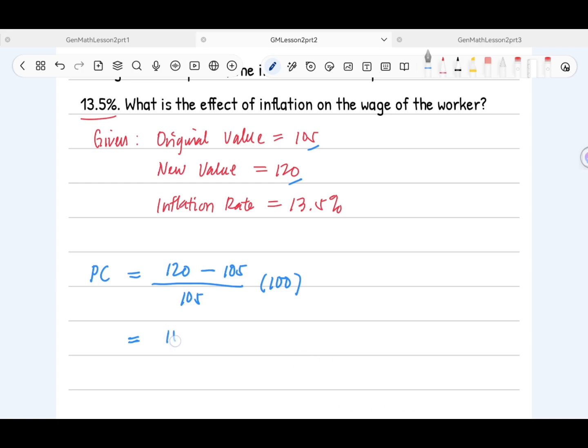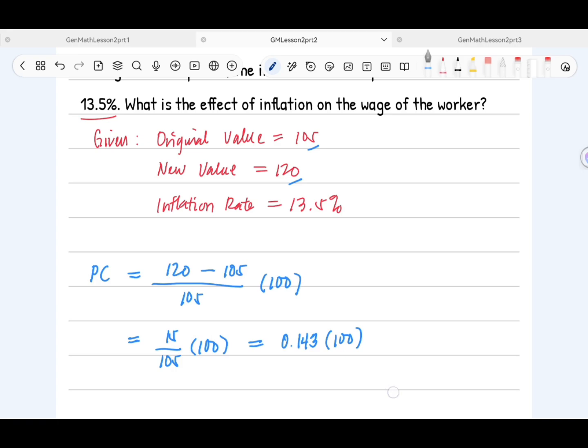So we have 15 over 105 times 100 is equal to, so let's divide 15 divided by 105. That is 0.143. Okay. Then times 100,